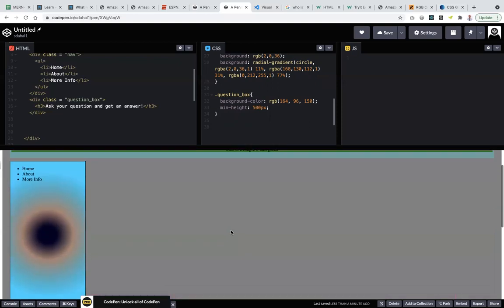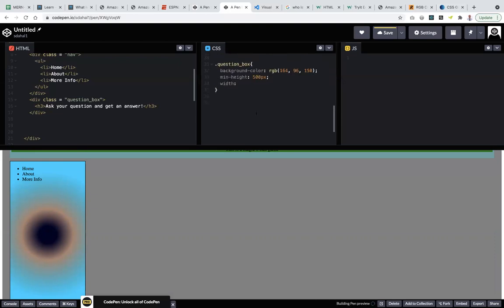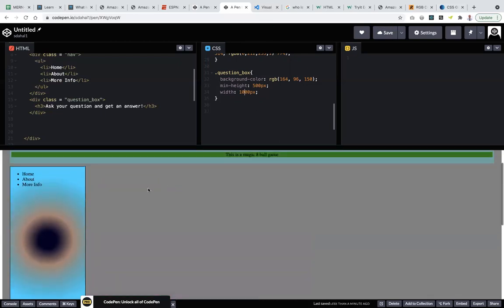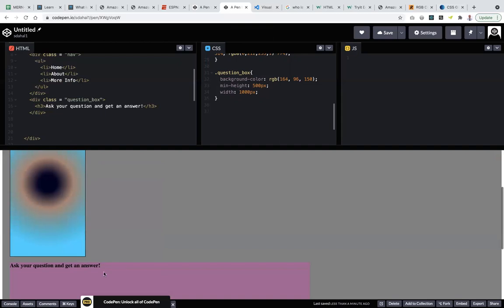And maybe I want to make it have a smaller width. Let's say I can just test it out. Let's say the width is also 500 pixels. Okay, now it's a little bit smaller. Maybe I want the width to be bigger. Let's say like 1000 pixels. Okay, this is a good width,